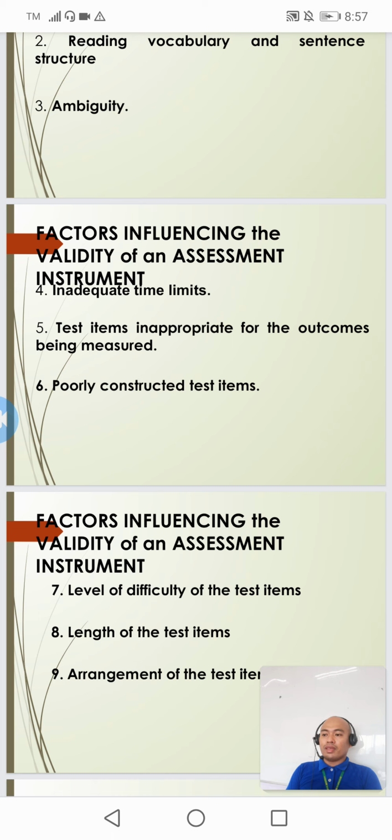Rather than measuring what a student knows or is able to do in a given topic, given adequate time, the assessment may become a measure of the speed at which the student can respond. For some contents, speed may be important. However, most assessment of achievement should minimize the effects of speed on student performance. So make sure that you give enough time